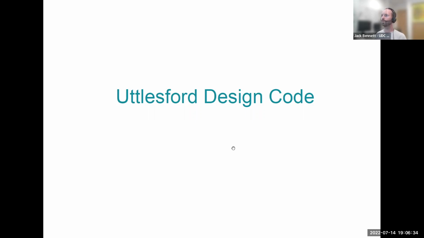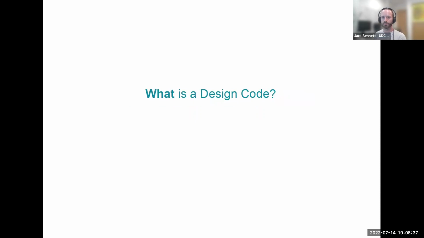So what is a design code? Uttlesford have been lucky to win funding from the Department for Levelling Up, Housing and Communities, formerly known as the Ministry for Housing, Communities and Local Government. Anyway, government essentially, to produce a district-wide design code. So it's a planning document used by local people, planning officers and developers in the preparation and assessment of planning applications for new development. Overall aim being to set locally supported design standards that applicants and developers have to follow